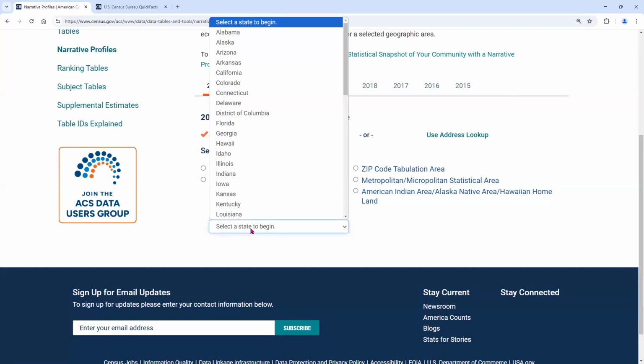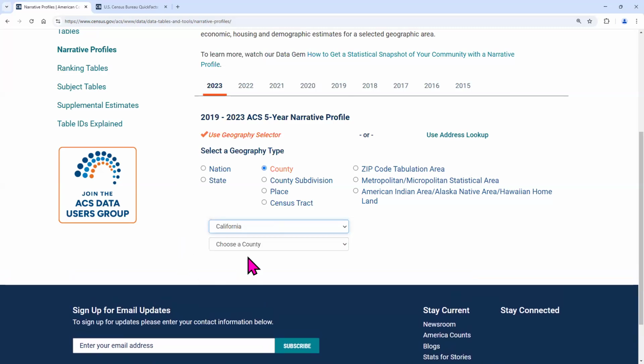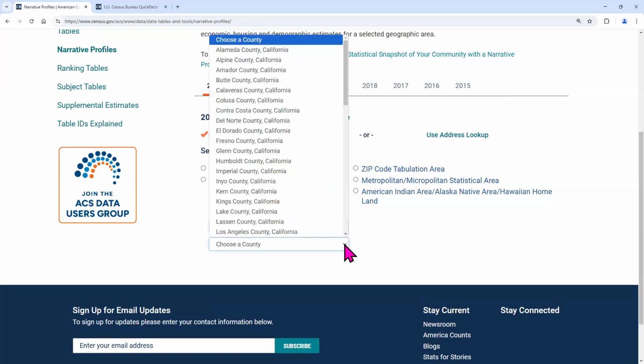Once you click on that particular link, it should open up to an alphabetical list of all the states available. For now, we'll go into California. As we said, we will look into Butte County, and it will prompt you to choose the county. So again, there's a drop-down menu, and we'll again choose Butte County.